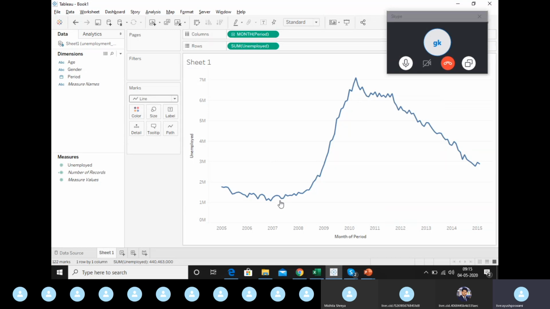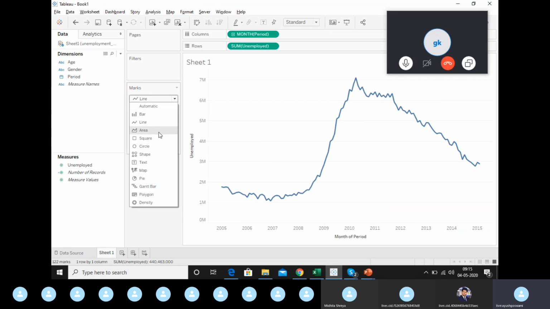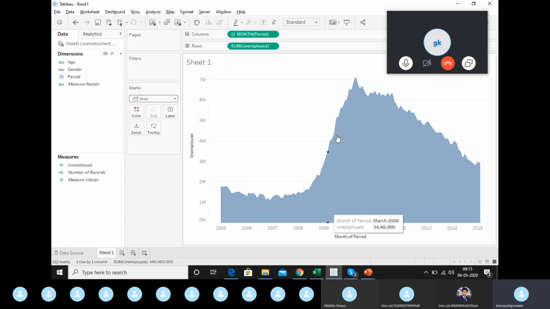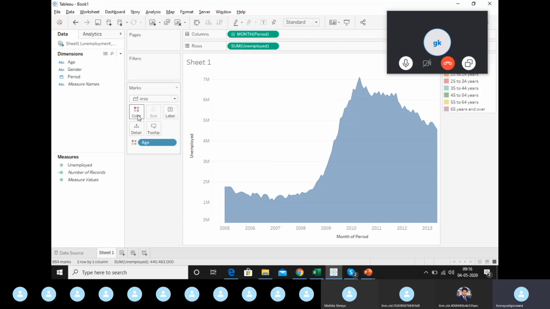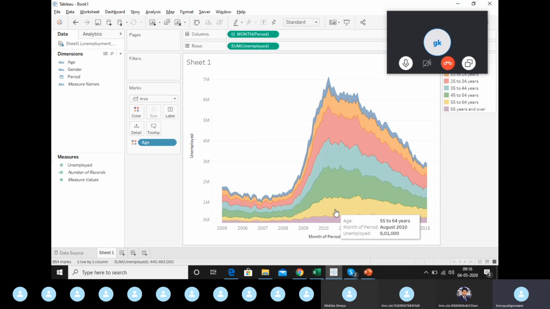If you want to see an area chart of it, I'll tell you once more. You just have to drop it down, select area from this, and the area chart will be there. But there is no use of having an area chart in this way. You have to include more areas for more categories. To do the same, you will drag age and put that in color. The color of each region gets changed, and you can have the information here, right?